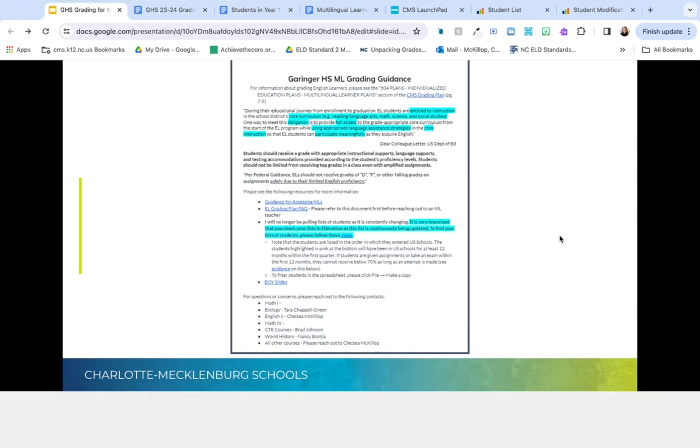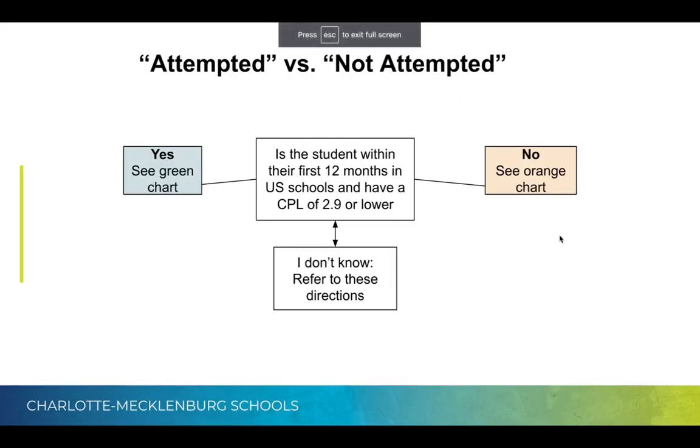Okay, moving on. I get this question a lot about the term attempted versus not attempted. And this is something that the district has really looked into as well. So they have come up with a list of steps that should be followed before failing a student who has not attempted an assignment. So I created this flow chart to help out with those questions.